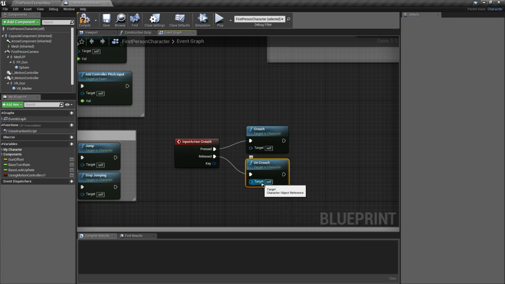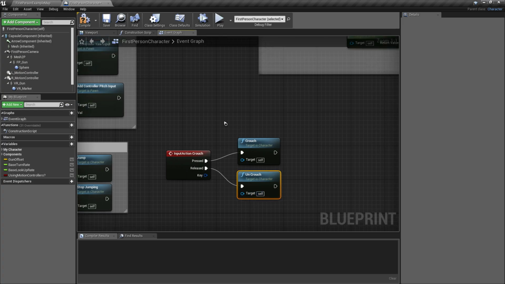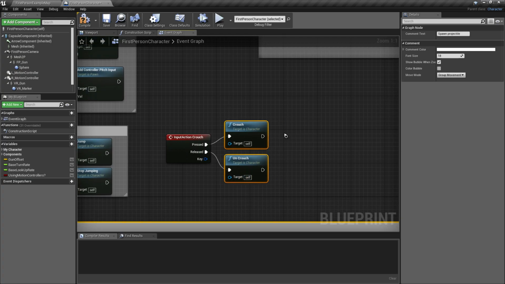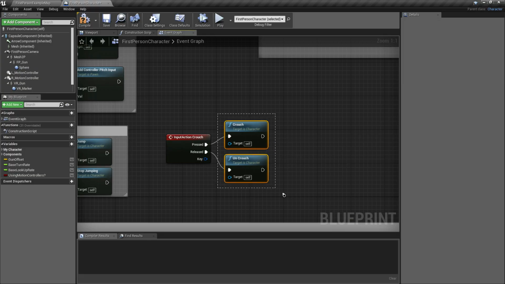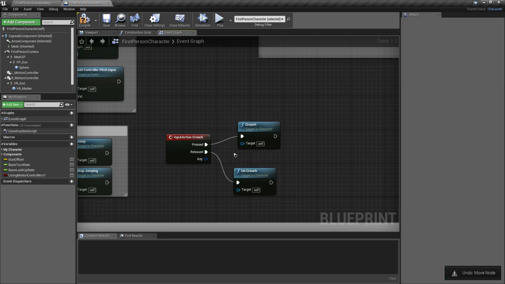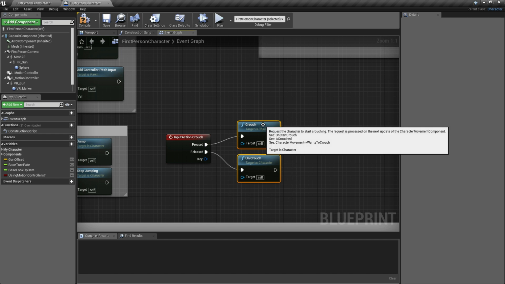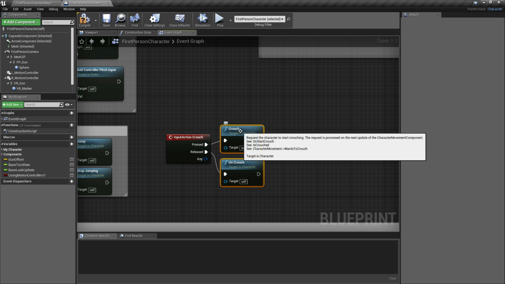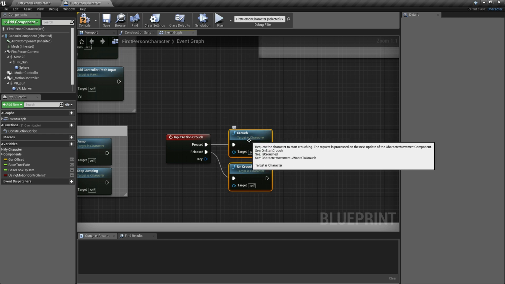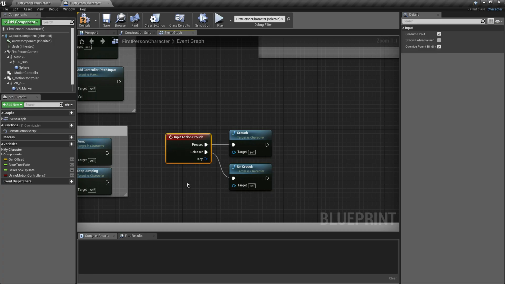Once the nodes are connected, let me explain what these nodes are going to do. Using this input action node, once the shift key or the C key is pressed, the crouch function will be executed.